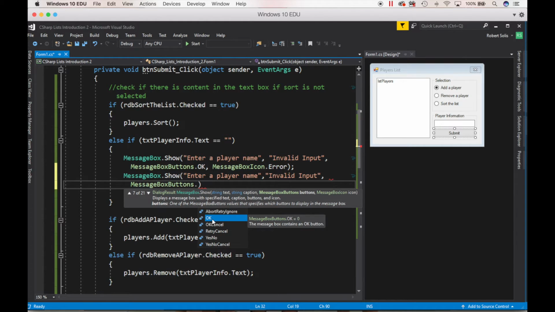I just want the OK button, but I could display abort, retry, ignore, OK, cancel, retry, cancel, and so on. Perhaps, I know that when I've done something wrong on Amazon.com, it displays abort, retry, ignore if some weird code happens to execute. So I've seen this before. Perhaps you've seen this as well. In this case, we just want the OK button. All right, and then